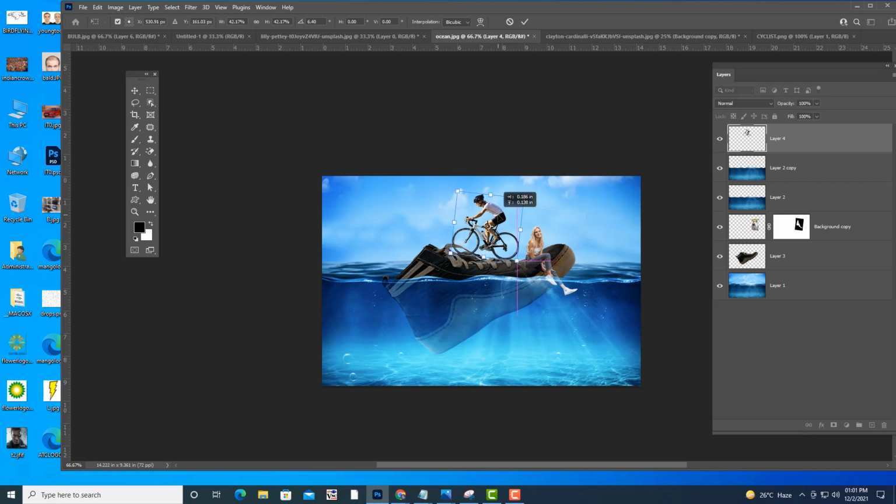You can keep it like this, as if somebody is riding a cycle. So this is your second photo manipulation example.